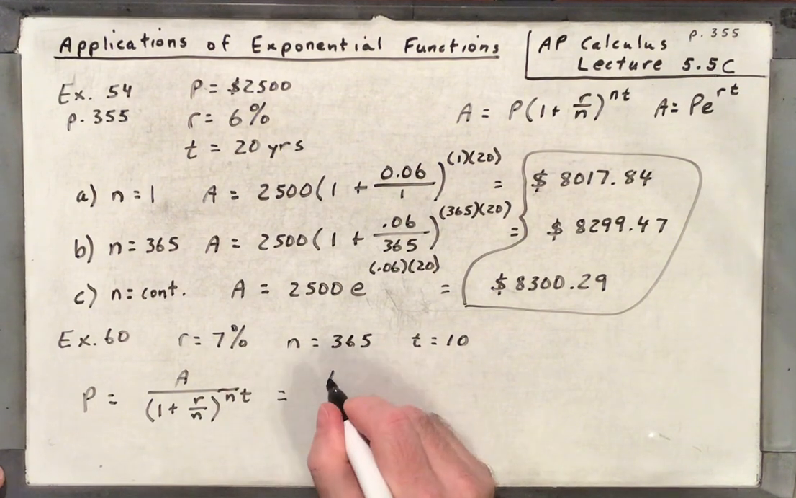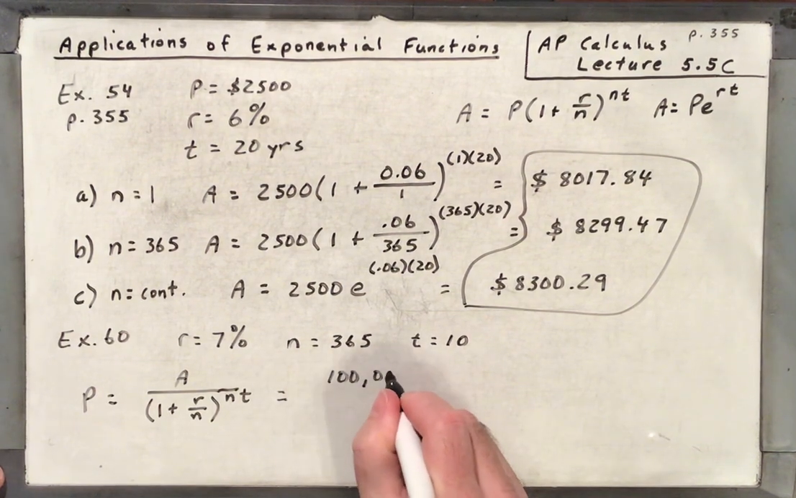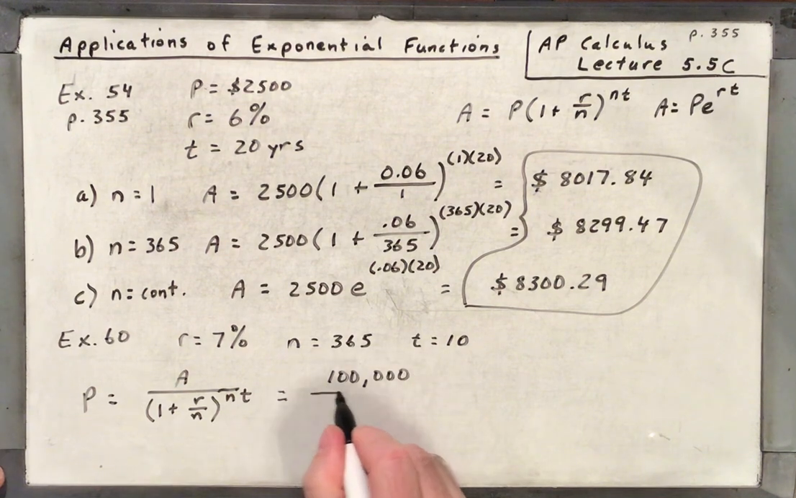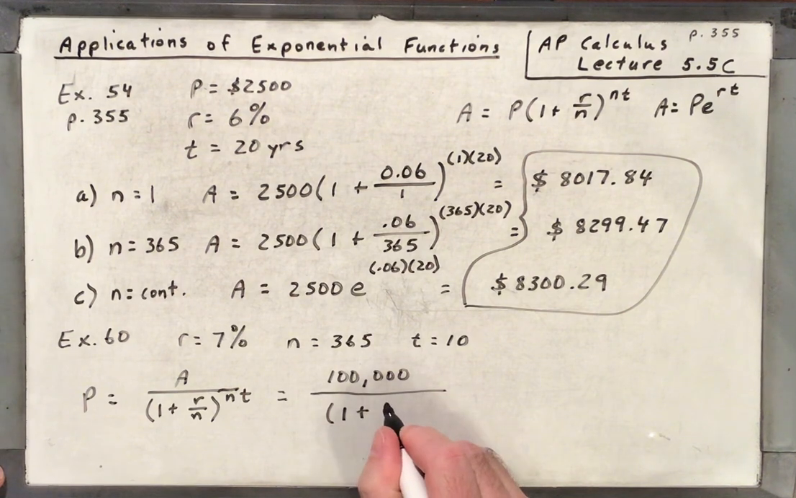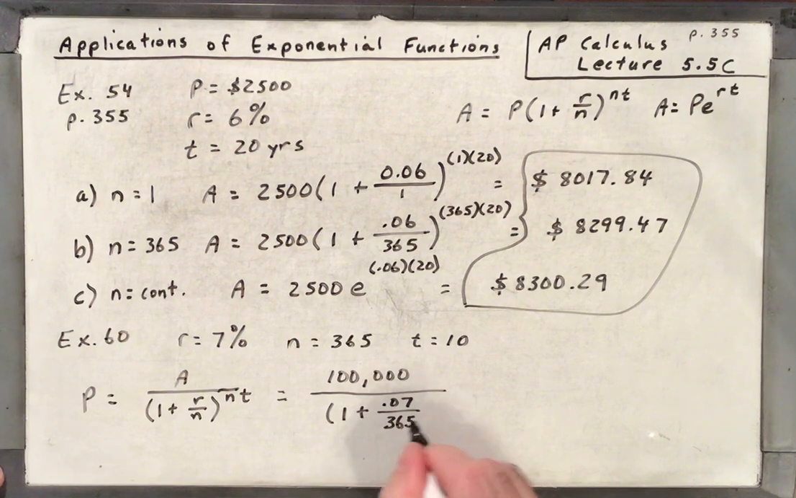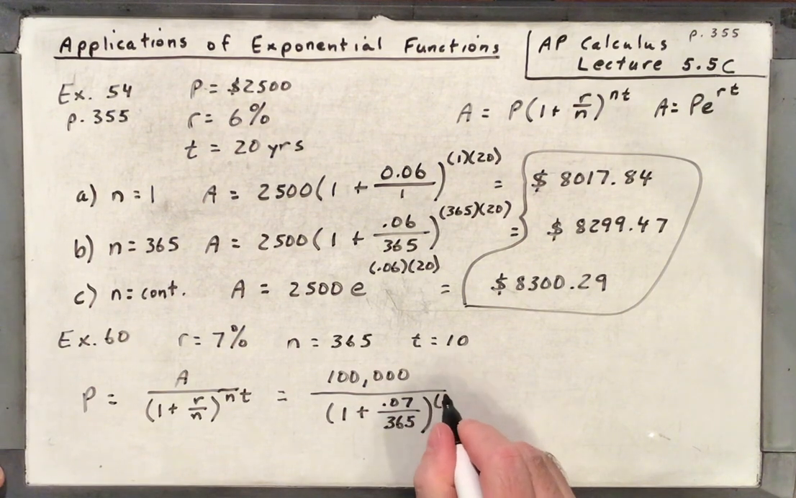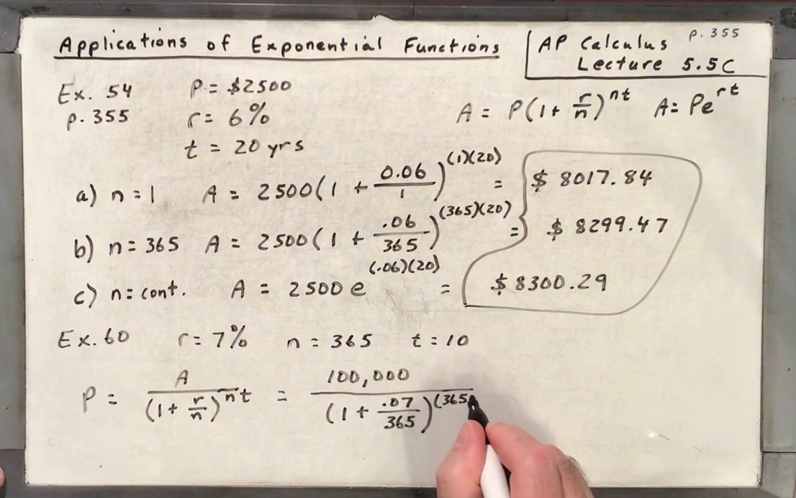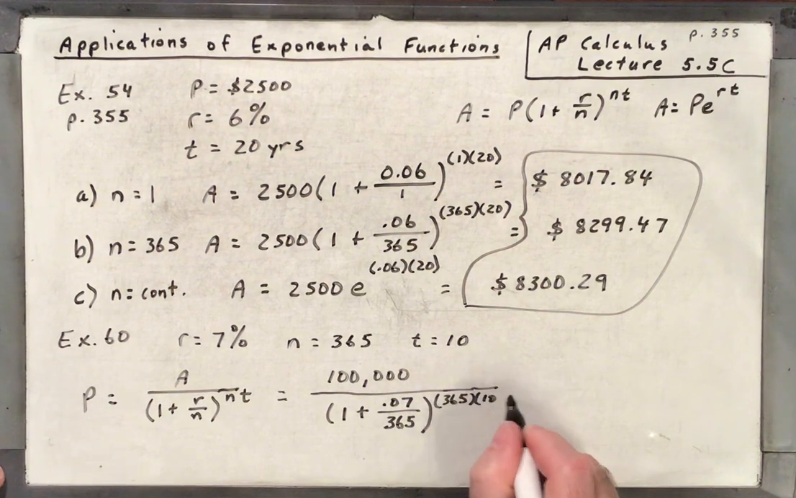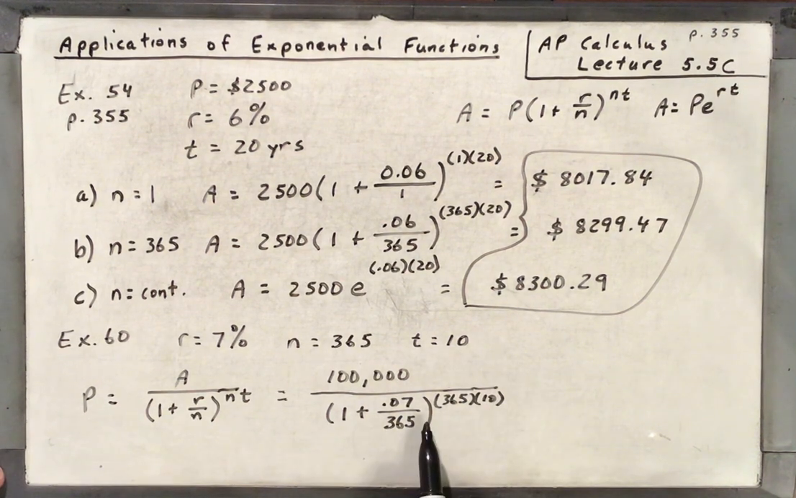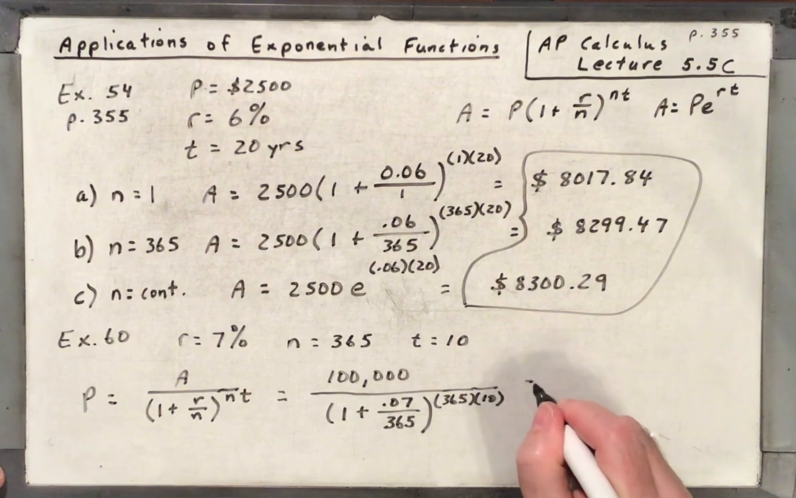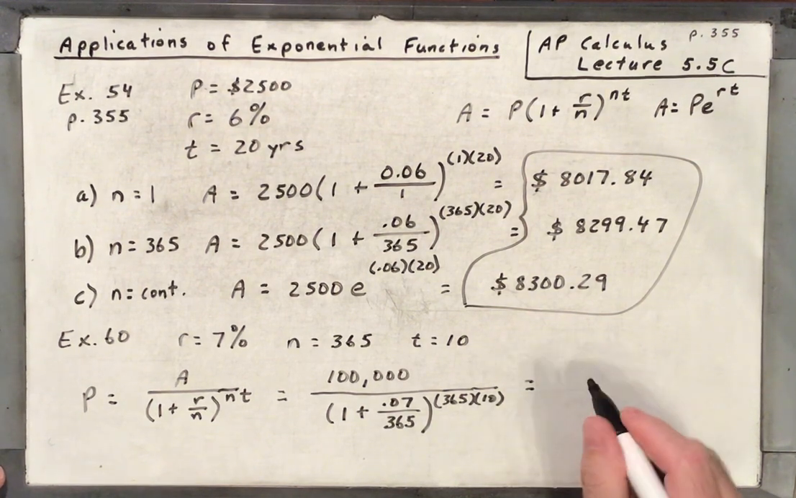So plugging in the numbers, we would have 100,000, because that's our accumulated value or future value, over 1 plus 0.07 over 365, to the 365 times 10. So you may want to break that up. Do the denominator first, then take 100,000 and divide it by that answer, but however you want to do it, you should get